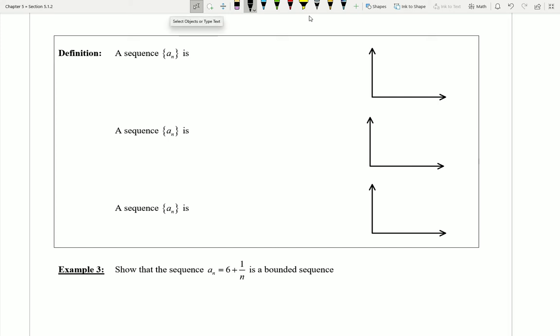Now we're going to introduce a couple more definitions for this section. These definitions, though, are rather simple, and we'll be able to get a quick sketch of how each of them tends to work with the pictures over at the right side. So we'll say here that a sequence